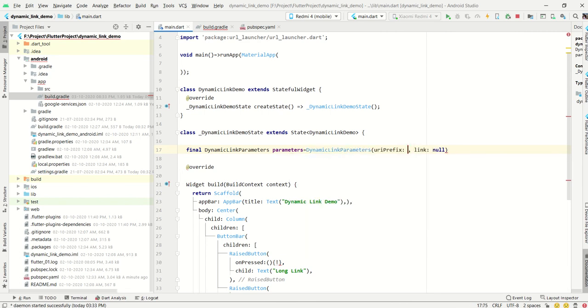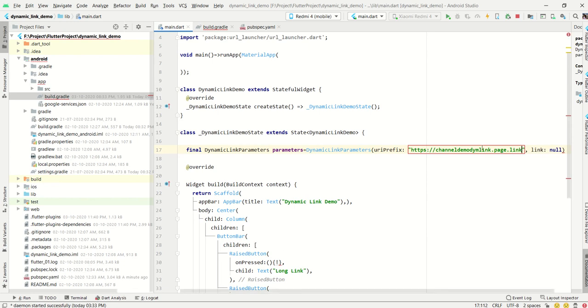Inside it, there is a URL prefix, right? Exactly the same prefix you have to write here, whatever we created as the domain name in Firebase. So what we have is channel demo dynamic link dot page dot link.